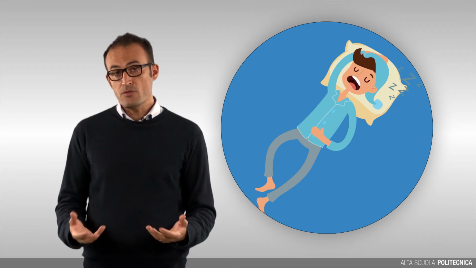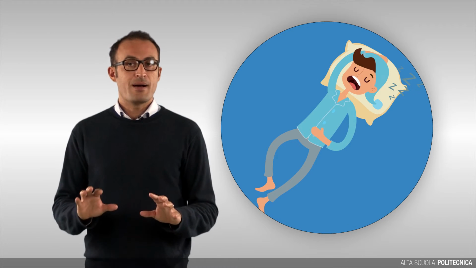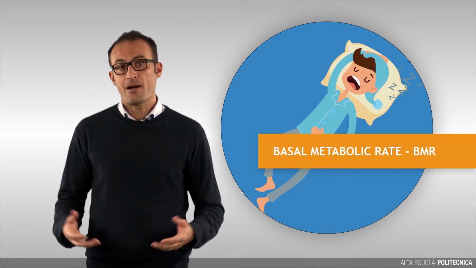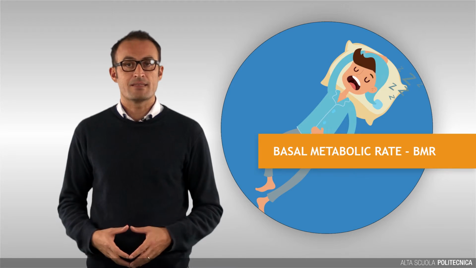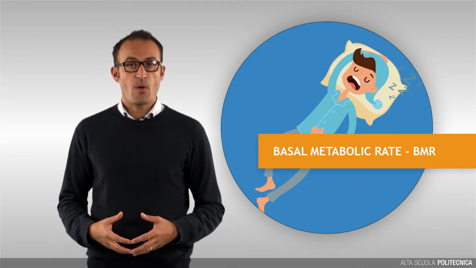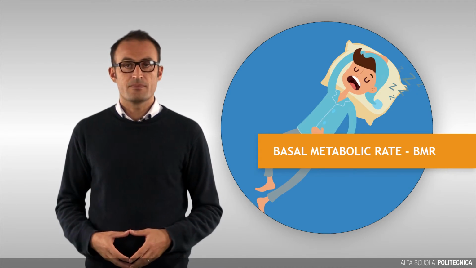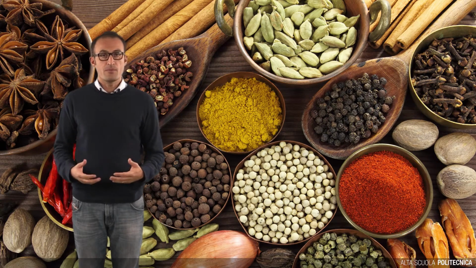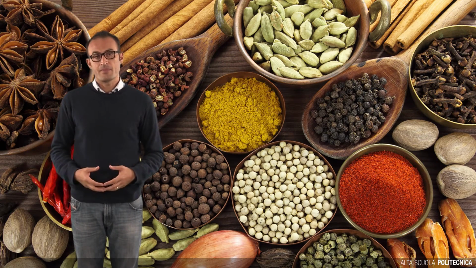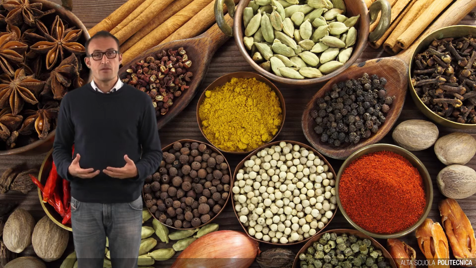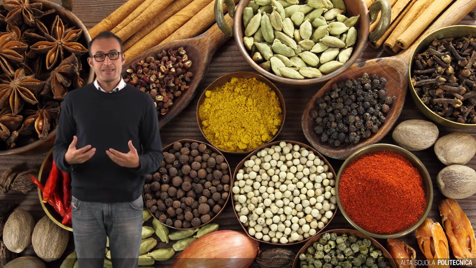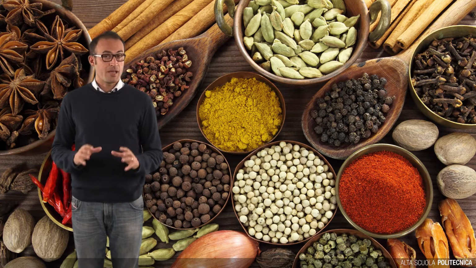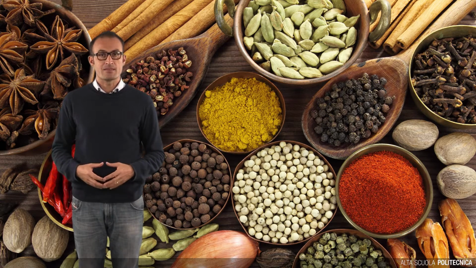Let's conclude with human energetics. The basal metabolic rate, BMR, is the minimum amount of energy flux of steady-state existence. Any energy requirement is supplied by food. As we all know, most humans are omnivore. This means that they feed on vegetables or other animals. As such, they take all the necessary energy and nutrients from other living organisms.